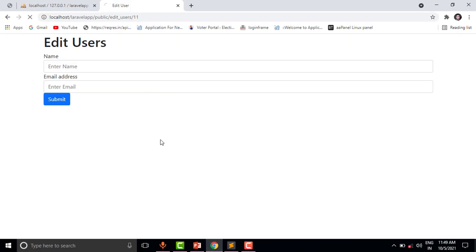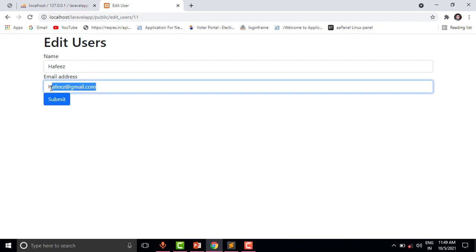So let us refresh this page. Now you can see we are getting the email of the user and the name of the user.